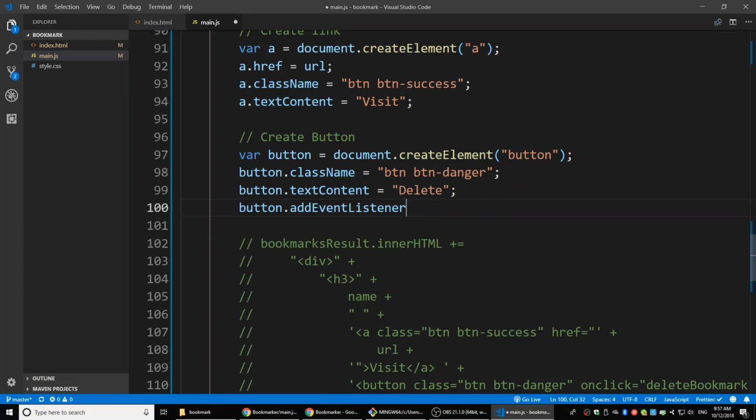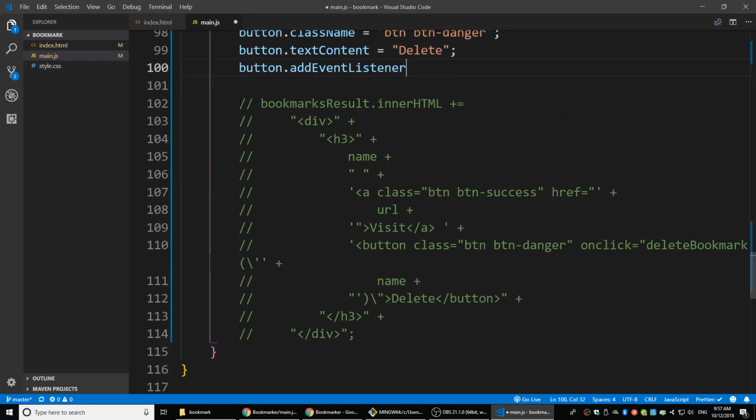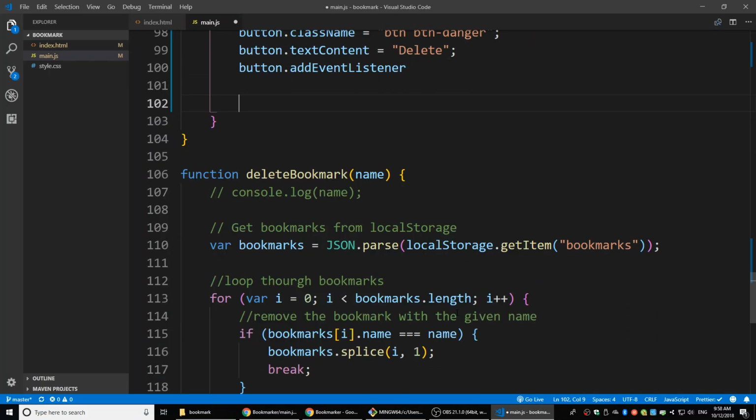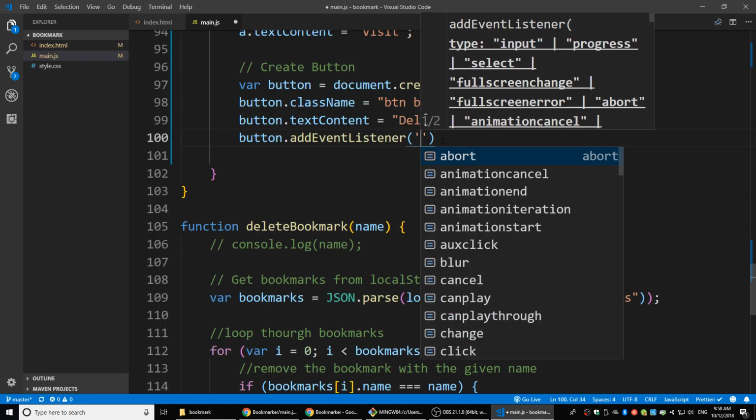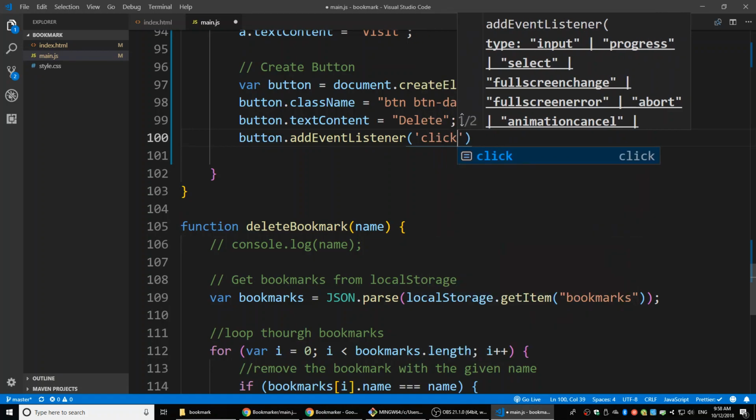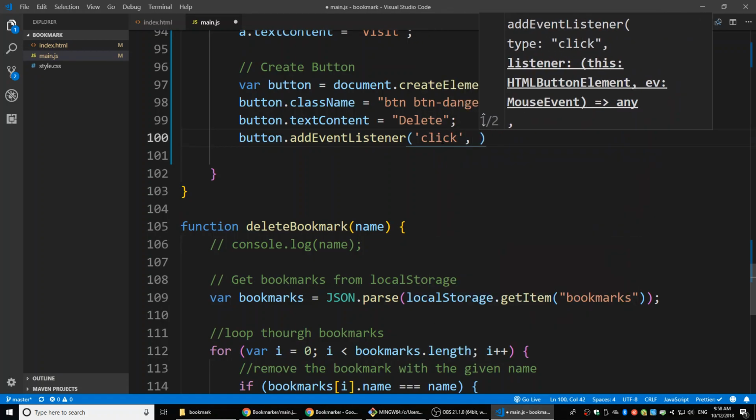But it's going to be a little bit different than how we did that before. I can show you how to do that. So let's remove that. We're not going to use that anymore. We're going to add an event listener here, adding a click. Whenever I click, we're going to call the function called